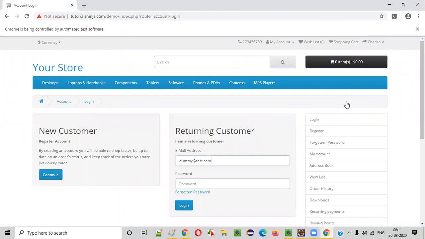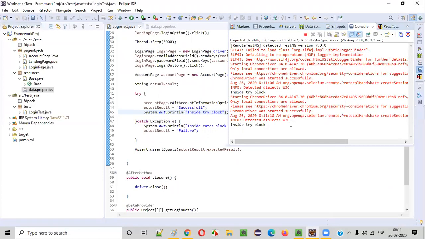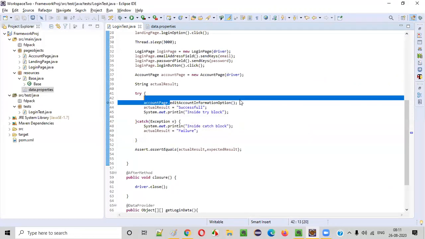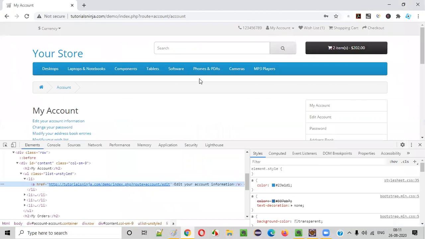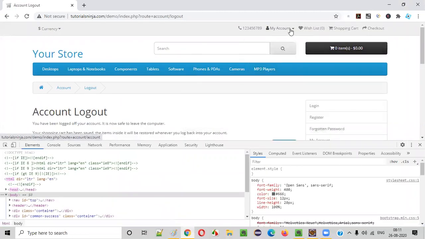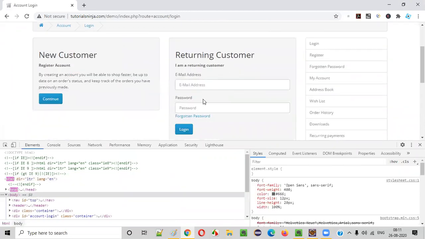It's entering the dummy credentials. You see again inside try block is printing. That means somehow this is not giving an exception. This is not giving an exception, guys. This option is not giving exception. Let's see what's happening in case of second test. Login. Say dummy at test.com. Password is dummy again.